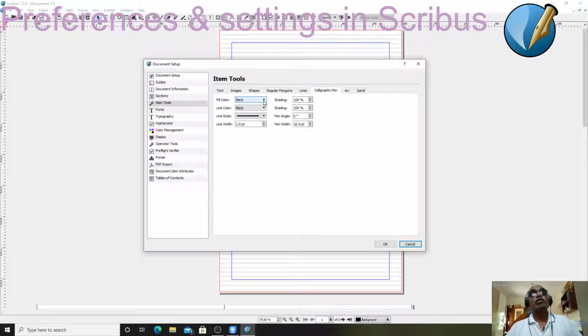With the calligraphic pen, you can use various colors. The line color you can choose, line style you can choose, and the line width you can choose. All these things can be done here. Or if you go to the toolbox, the toolbar menu, the calligraphic pen will be shown. Here this is actually the calligraphic pen, and when you choose it, it will bring out all these